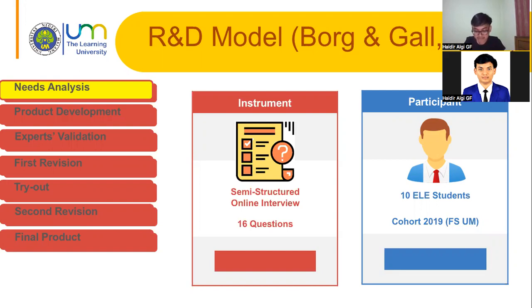I've put those questions in the appendix, as you may see on page 30. You can see that there are several questions here asking about students' opinions on the effectiveness of the current writing platform that they have been using.